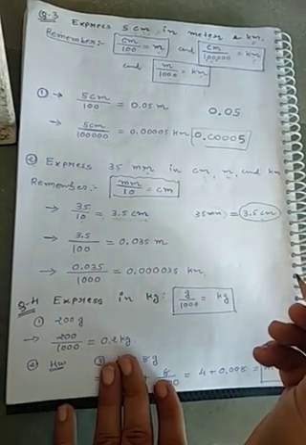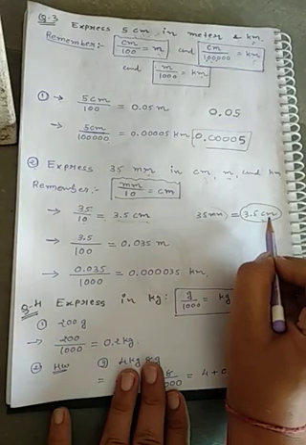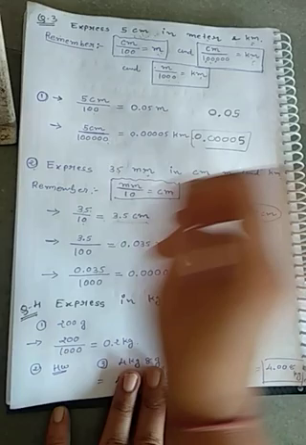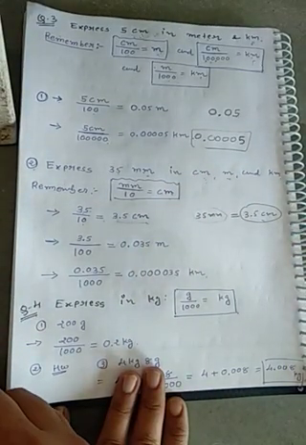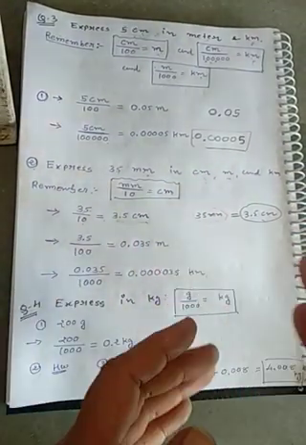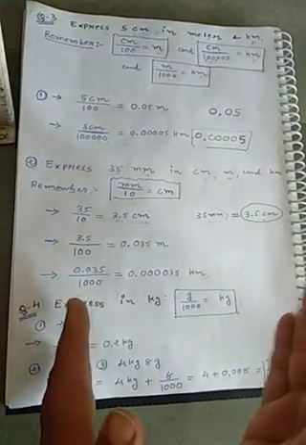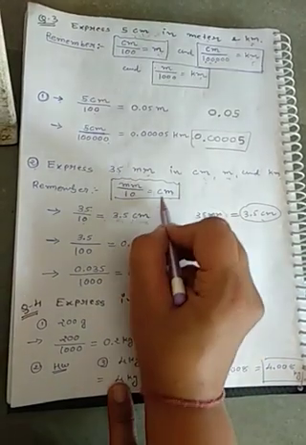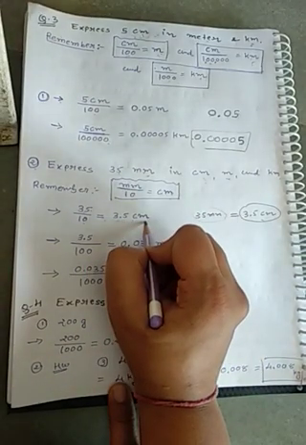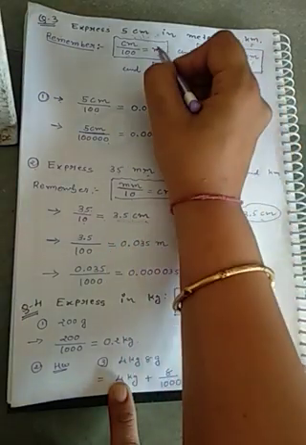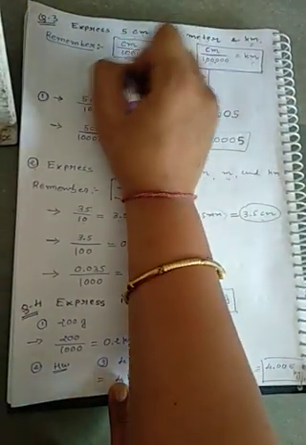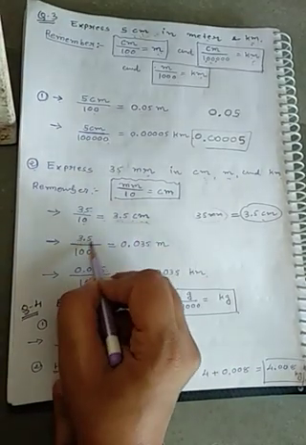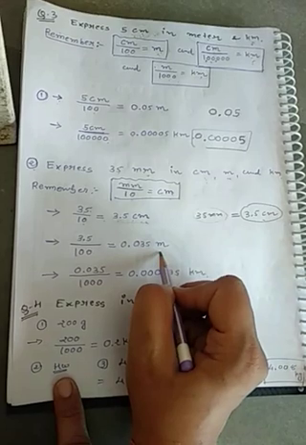Why we have to do like this? Because we have the relation between centimeter and meter. We are not having the relation between millimeter and meter. Okay, we can find the relation, but the more relations you find, the more relations you will have to remember. That's why better to use this 3.5 centimeter, convert this into meter. We have the relation to convert centimeter into meter. Clear? So apply it. 3.5 centimeter, divide it by 100, so you will get the meter.